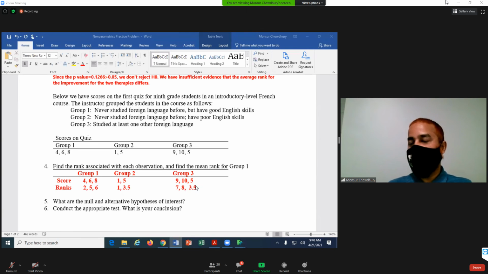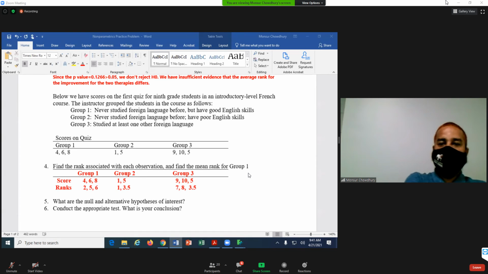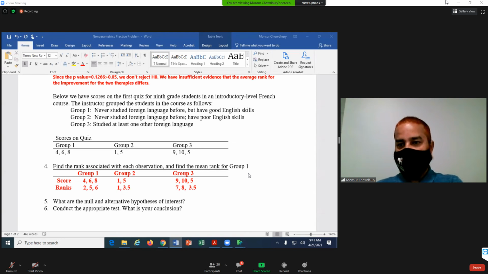So we take the average of these two, we get 3.5. Then the next rank is what? 3 and 4 are gone, then we have 5. So we put 5 here. This is how I get 5. And then the 6 and then 7 and so on. Is that clear to everyone? Any questions? Okay, so I hope you got it.